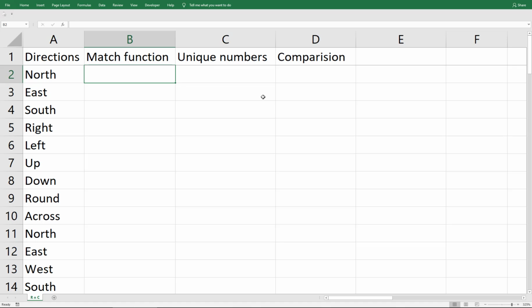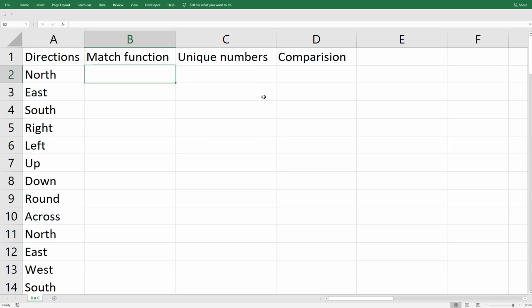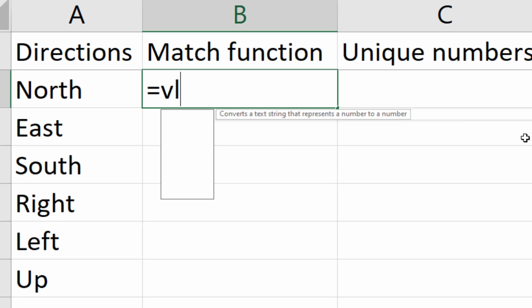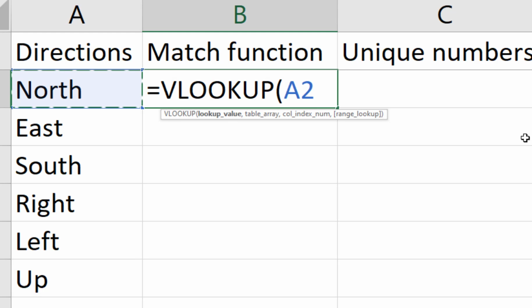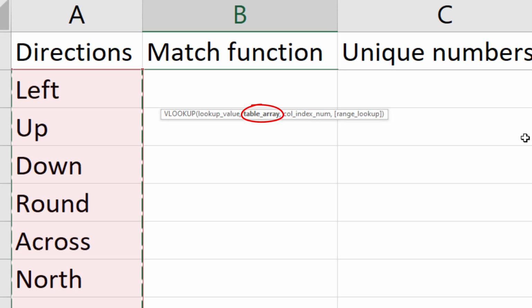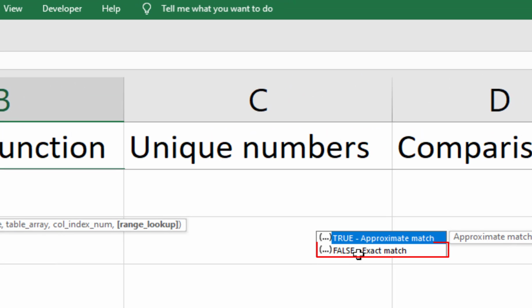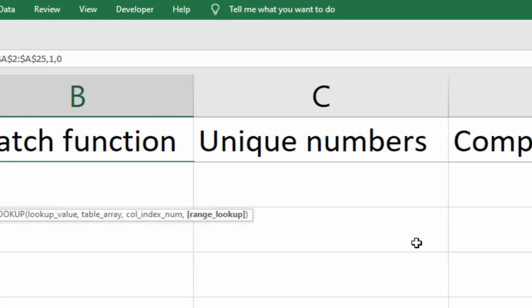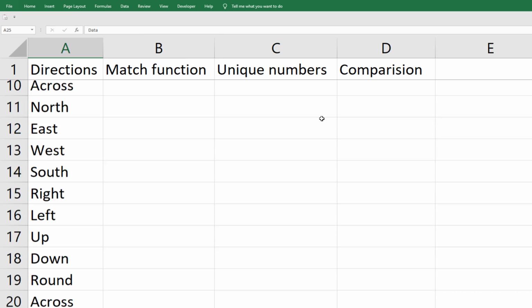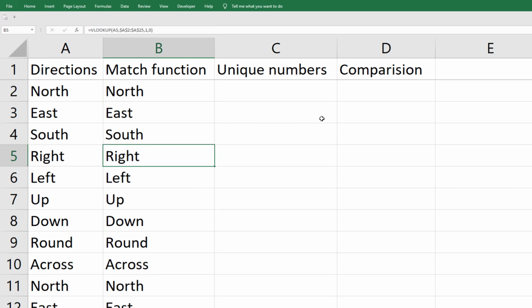I can guide you through a basic understanding of VLOOKUP. Equal to VLOOKUP, tab, lookup value, and a simple range. I'm locking the range, comma. Currently we are in a single range, selecting one, comma. We need an exact match, so we are selecting false or zero. Control Enter. So it fills down, and we'll get the result of VLOOKUP.